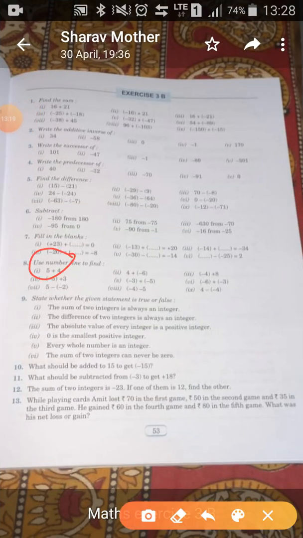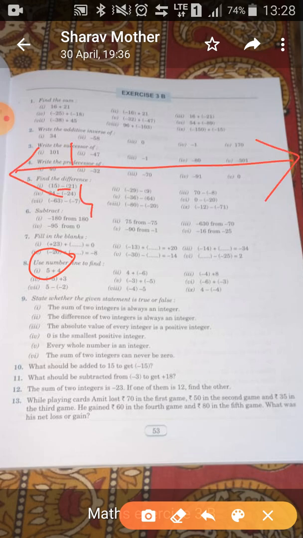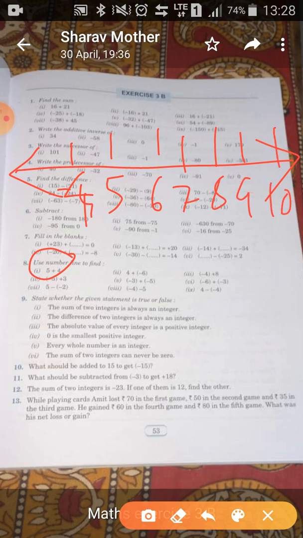Here it is. First one is 5 plus 4. You guys already know what to do with 5 plus 4. This is 4. This is 5, 6, 7, 8, 9, 10. So you are at 5 right now. You jump 4 times: 1, 2, 3, 4. Plus 4 means you jump 4 times. And where do you land? You land at 9. So your final answer will be 9. Next is